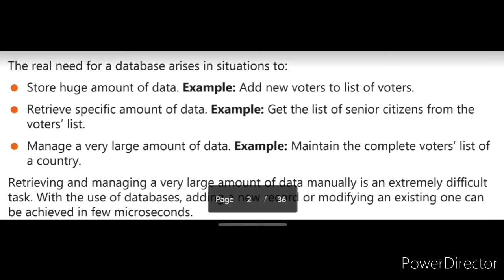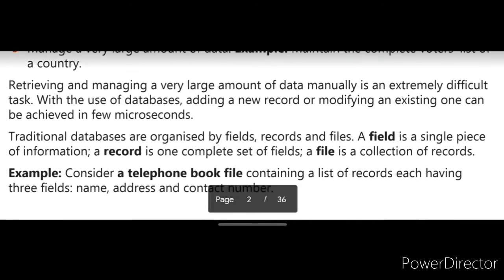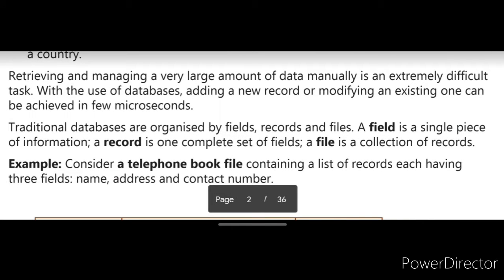Okay, so next thing is, retrieving and managing a very large amount of data manually is an extremely difficult task, is it? So if we manage a large amount of data manually, it will be so difficult for us, right? So here database usage arises.